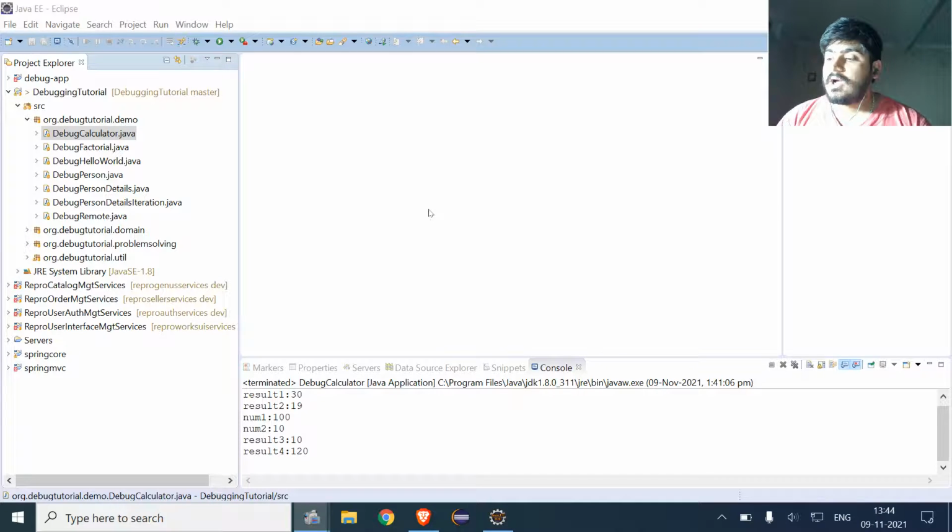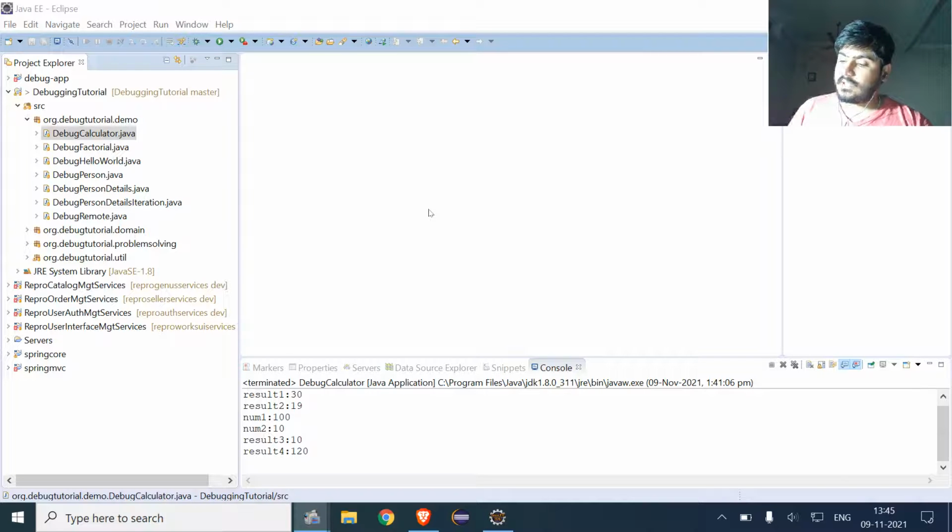Then second thing, how we can control a program execution during debugging. Then the third, use of step into selection, hyperlink navigation and run to line. Then the fourth, breakpoint view in detail and deactivating breakpoints, how we can see the breakpoint view in detail and how we can deactivate those breakpoints.